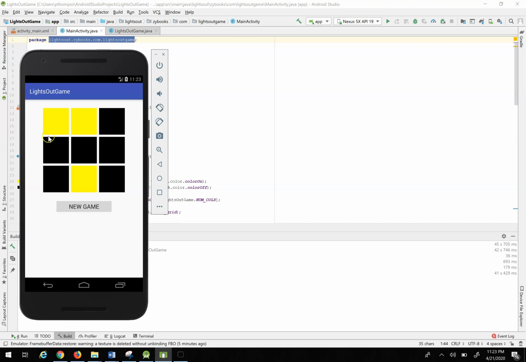Here's the game. The purpose of this game is if I click on a square, it turns the lights either on or off in adjacent squares. So let's go ahead and start in this corner square. We can see we've got an on light and then two off. If I click here,